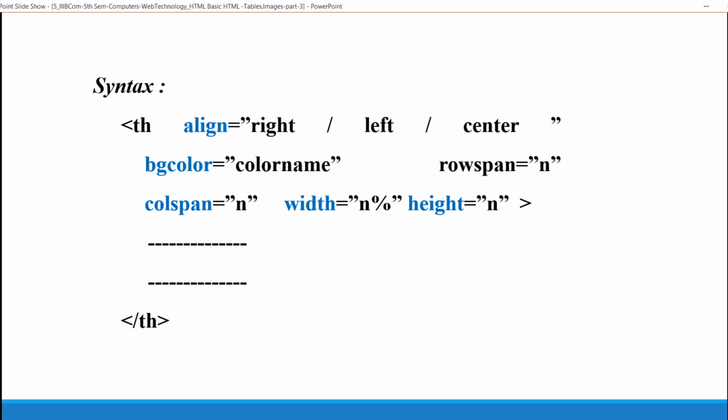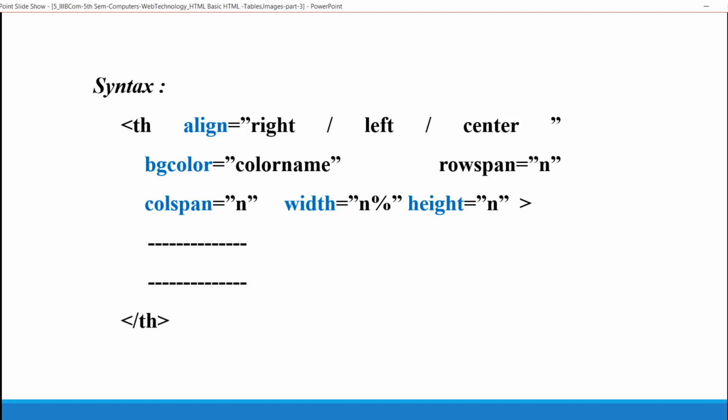Syntax for the th tag. th, align, bgcolor, rowspan, colspan, width, height. In a table tag, we have seen align and bgcolor. Here we are seeing rowspan, colspan, width and height.